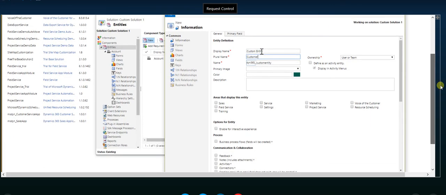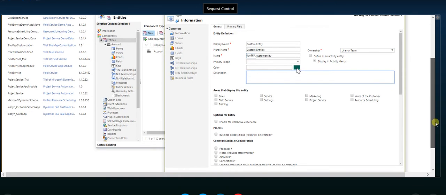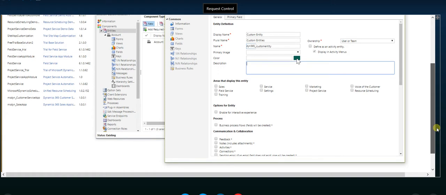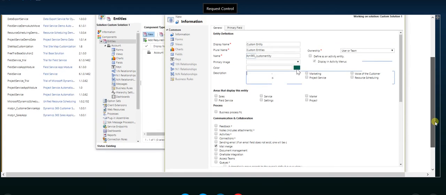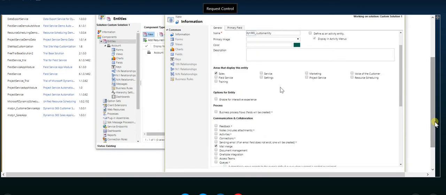And plural name, that'll be custom entities. And I'll leave this as user team, the default option. And I could also specify a color in the menu scheme if I wanted that. And check off any of the different areas where I wanted this to be included. So if I wanted this in the sales tab, basically just check off this box and then it'll be available